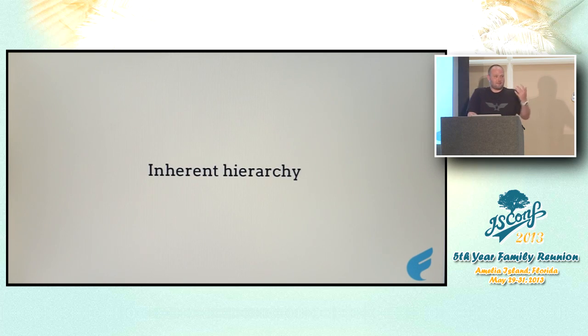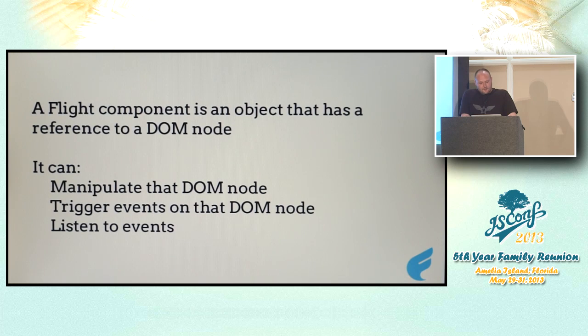It's got this inherent hierarchy, so the markup for the tweets is inside some markup that represents a timeline, and that markup is inside the body of the page and so on. This is all structure that actually maps to the way this application works, and we can make use of that. We have event bubbling. So we take advantage of all of this, and essentially